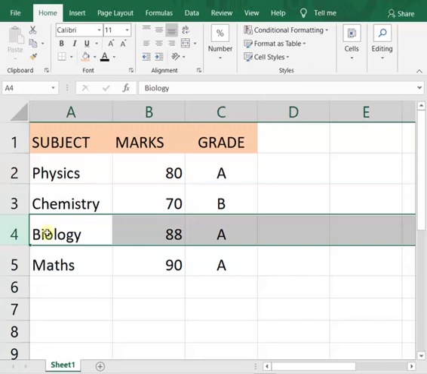Actually, the rows are not getting deleted, only the content of that row is vanishing, and the row below it is getting replaced over it.